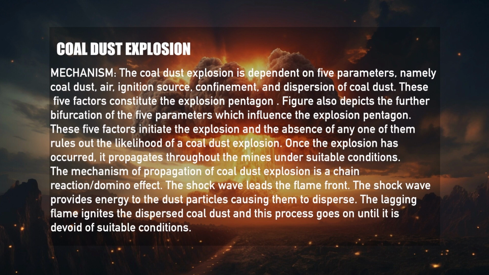The shock wave provides energy to the dust particles, causing them to disperse. The leading flame ignites the dispersed coal dust, and the process goes on until it is devoid of suitable conditions. So, it is a chain reaction that causes heat and